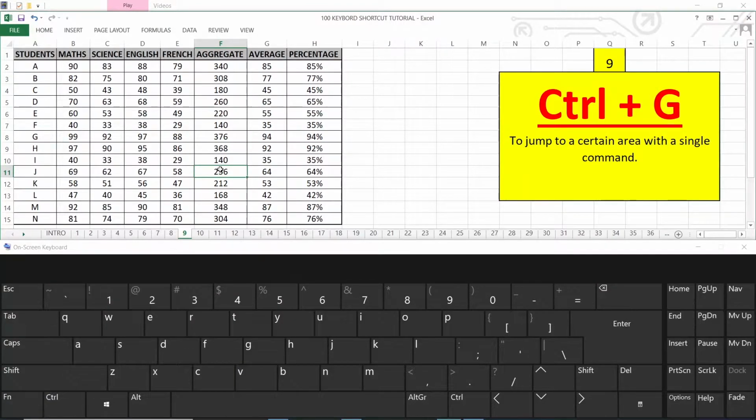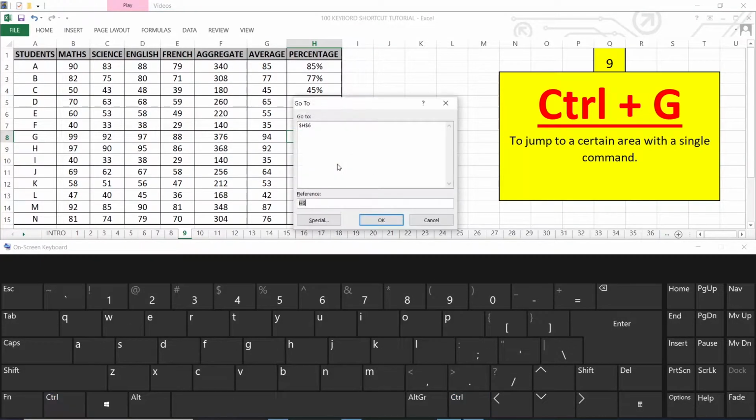Ctrl G to jump to a certain area. Just specify the cell number where you want to go, like C6.